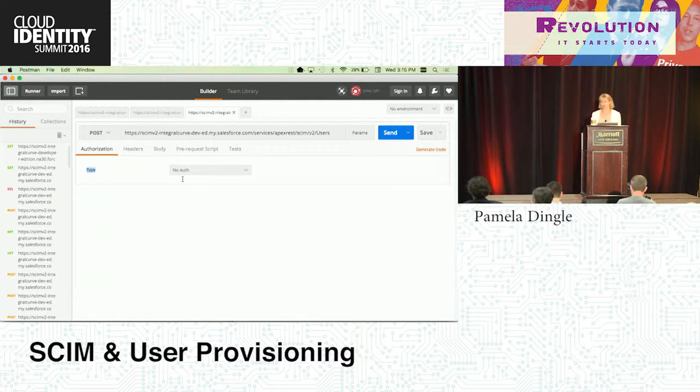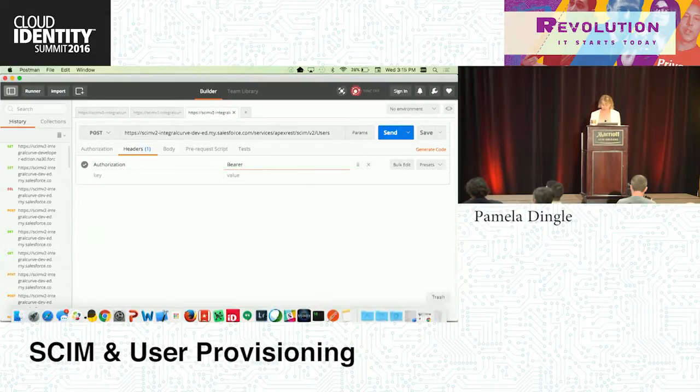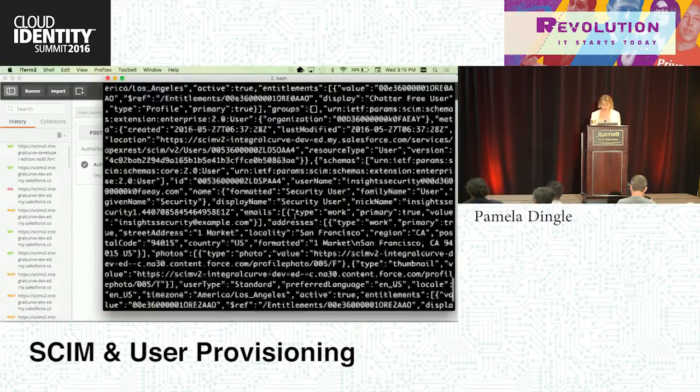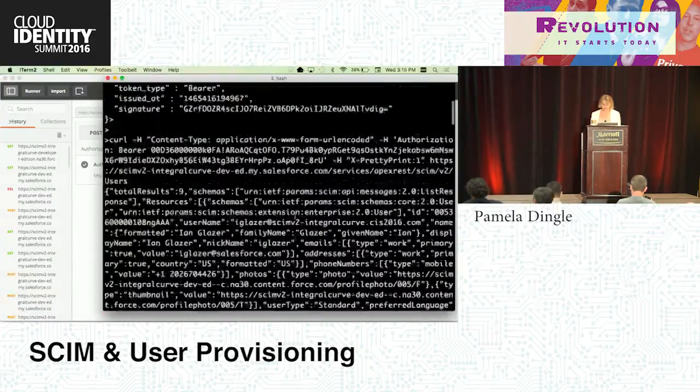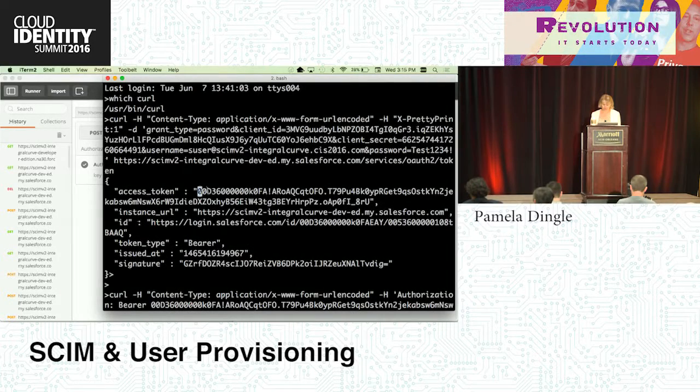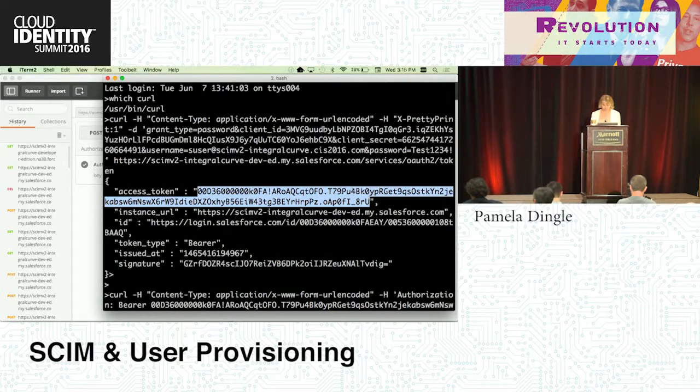By the way, Postman will take care of some OAuth flows, like do all the requests and responses anyway. Password flow, it won't. So in this one case, I'm actually going to create a header called Authorization, Bearer space, and go back to my curl command. There's my access token.